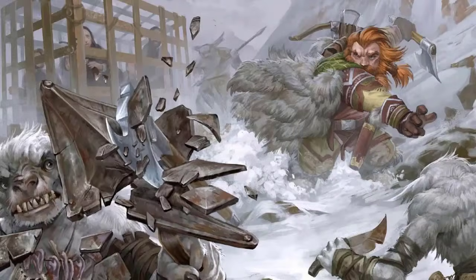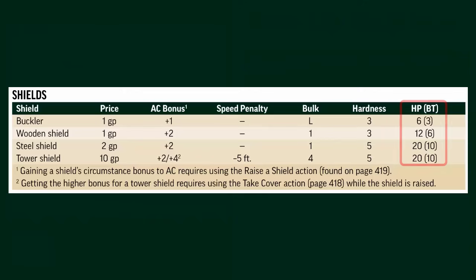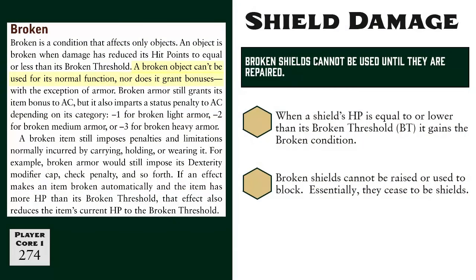We've discussed how shields can be used to mitigate or absorb damage with the Shield Block feat, so now let's look at what happens when your shield takes too much damage and runs out of hit points. As previously mentioned, each shield is listed on the table with a break threshold. When a shield, or really any object, has its hit points lowered to this threshold number, it becomes broken. Broken items no longer function as they are meant to, which means a broken shield no longer grants a bonus to armor class, and in fact cannot even be used with Raise a Shield,